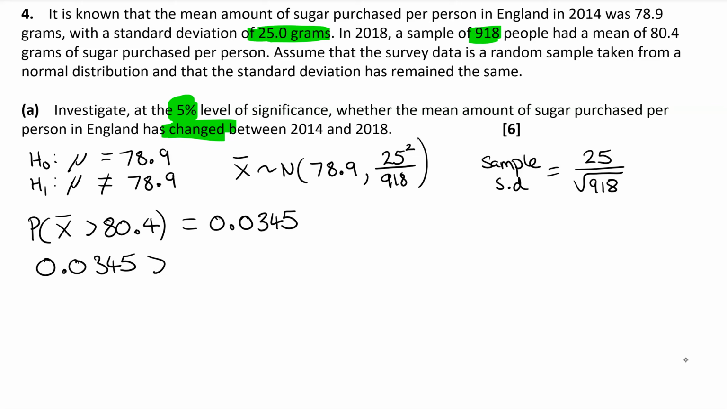This is greater than 0.025, okay? Half my significance level. So because this probability is greater than 2.5%, it's greater than the significance level for the upper tail. What that means is I accept H0. Whilst it's showing that it's reasonably unlikely that I get 80.4 or more, it's still greater than 2.5%. So I accept H0 and then make my conclusion that there is insufficient evidence